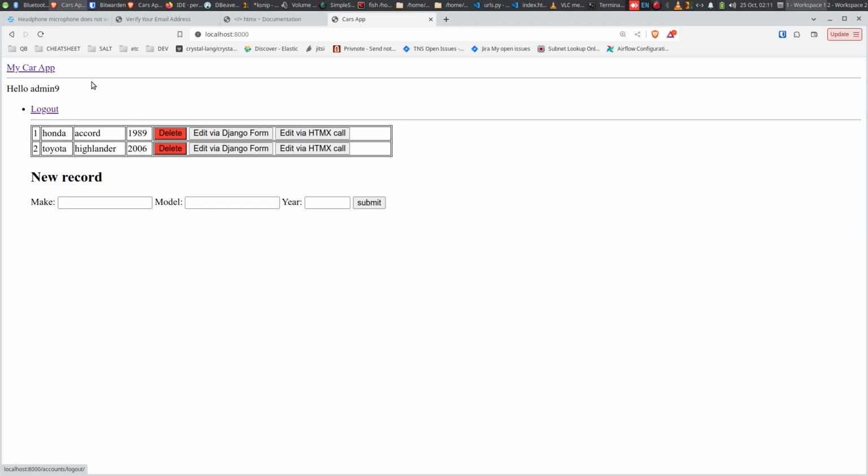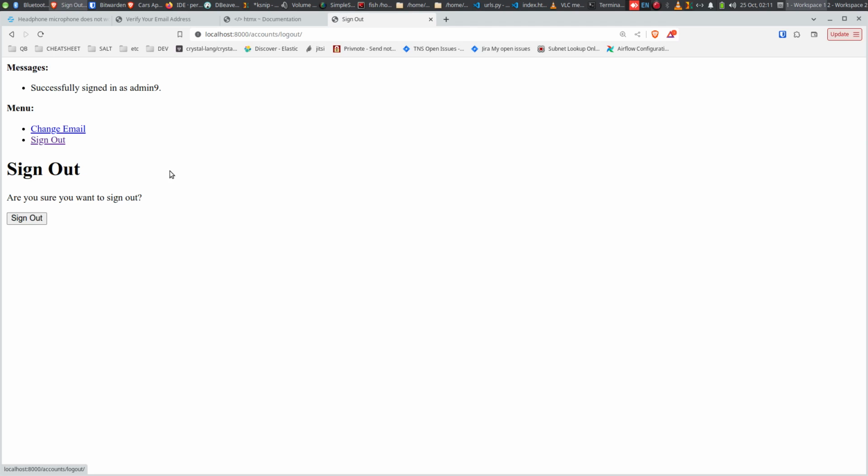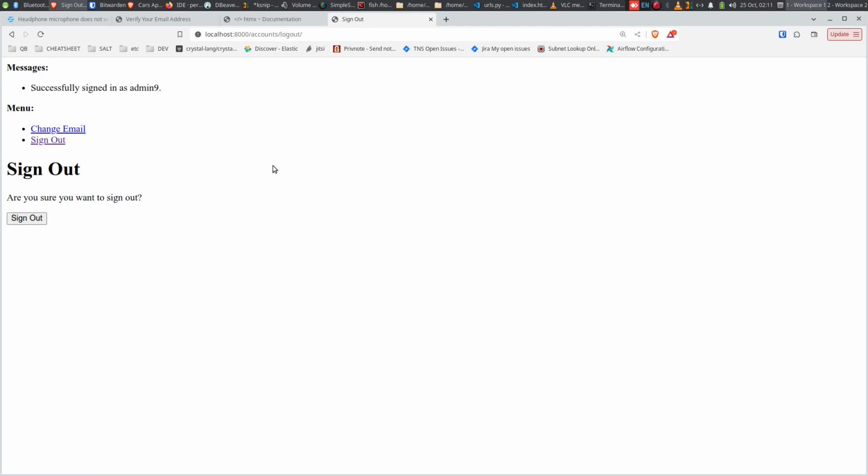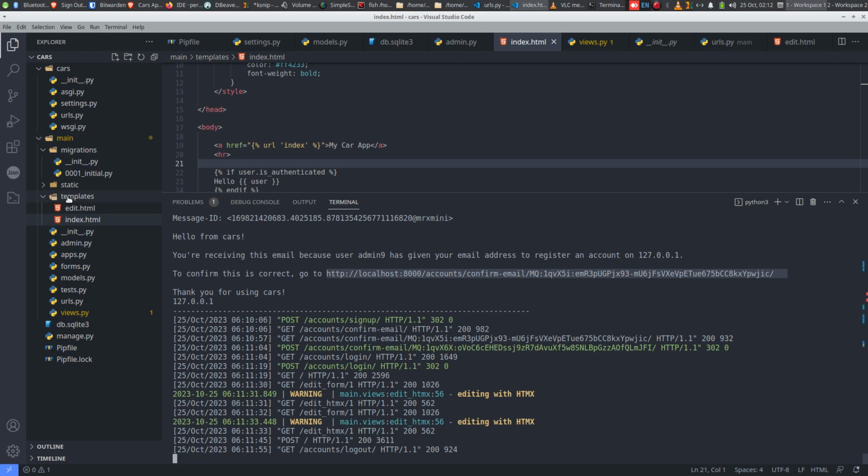So pretty nice. So everything is there. Now, just to keep in mind, if you want to customize these pages, for example, when you click on logout, this page right here is kind of ugly, right? If you want to customize it with your custom design, custom CSS, whatever you want to do, all you need to do is under your templates, create